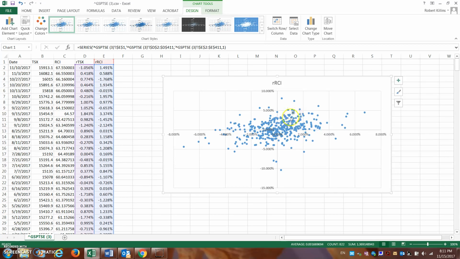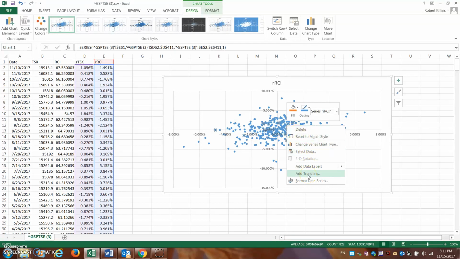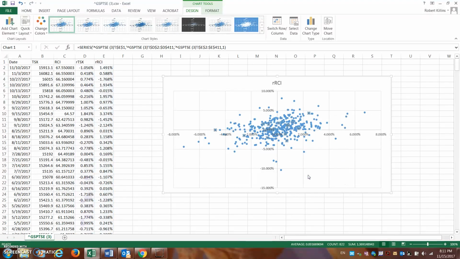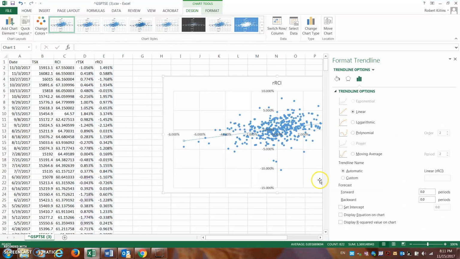So I can click on any one of these dots within there, just left click on one of those, and then once you do that, right click, and you're going to come down here and you see add trend line. I can click on this add trend line, and it's going to put in this trend line, and I can actually display the equation and display the R squared on this trend line,